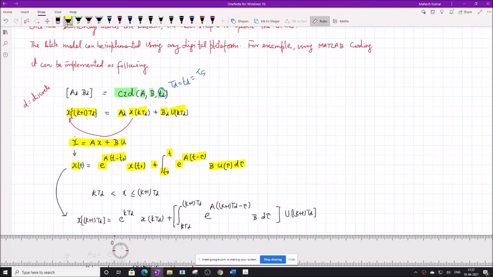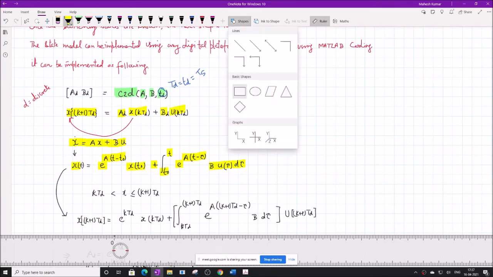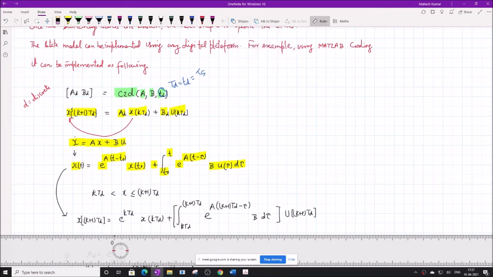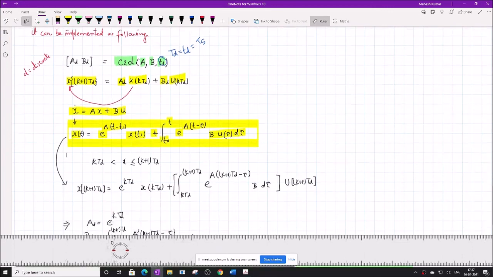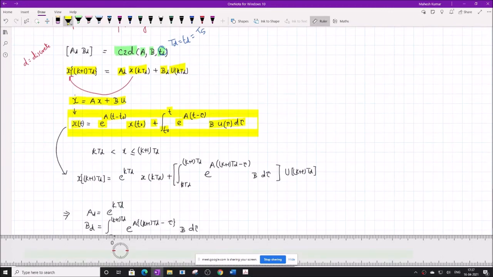So this is the standard equation for finding the solution of the state space. Now, if we say that the time duration between t0 and t is very small, for example, between this and this timing we have a very short duration, then we define t in such a way that t is less than k plus 1 td and greater than k into td, where td is very small, the sampling time. Then this equation can be written as